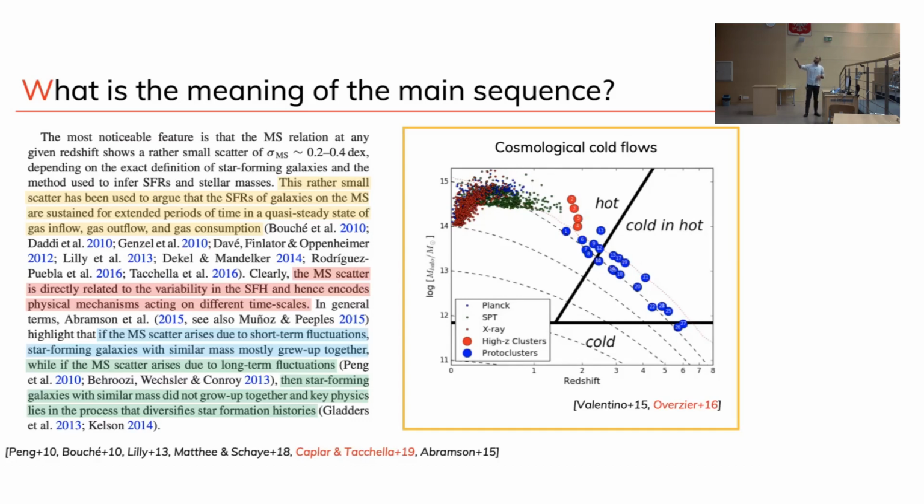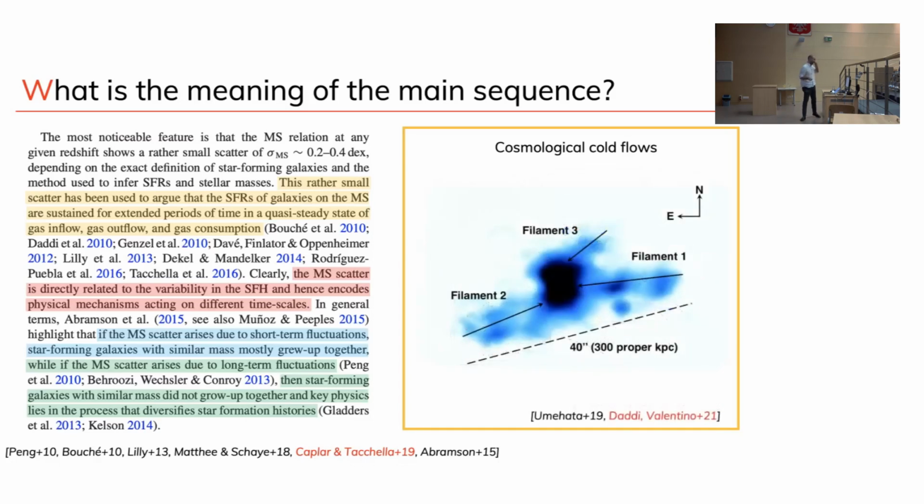But then there are redshifts which are high enough where you can still find cold flows in very massive halos that would otherwise be shock heated. So this is a preferential location to look for these cold flows, which have been looked for a pretty long time. It's a pretty hard business, but I think that now there are some pretty good candidates of direct detections of these cold flows going towards massive clusters or protoclusters.